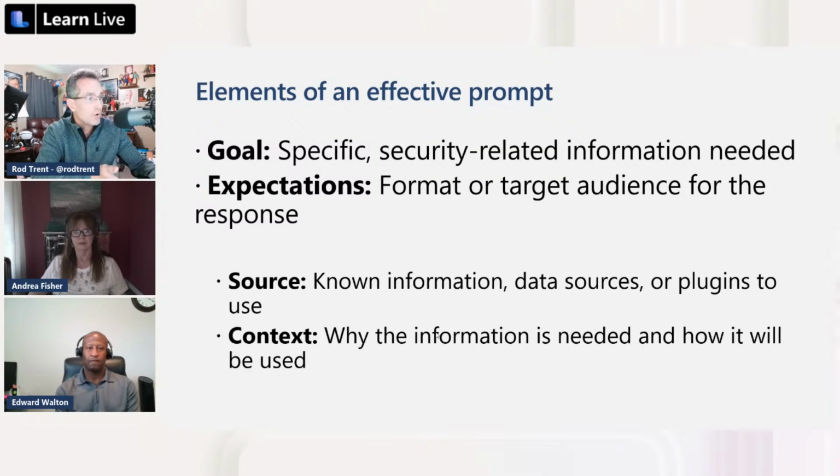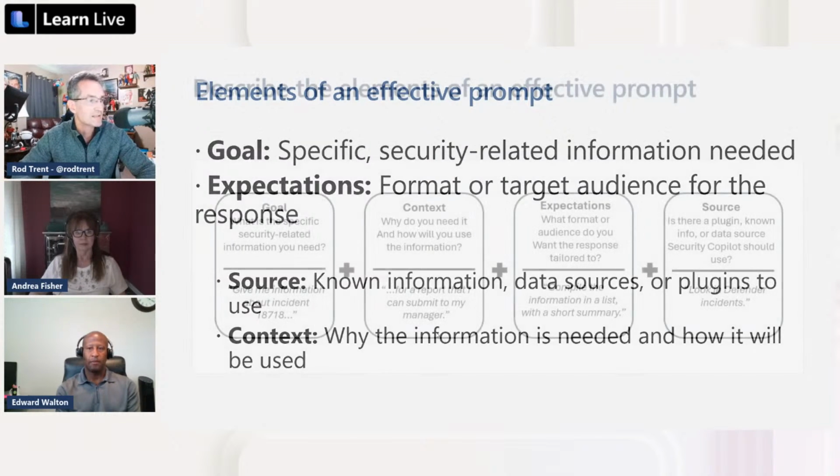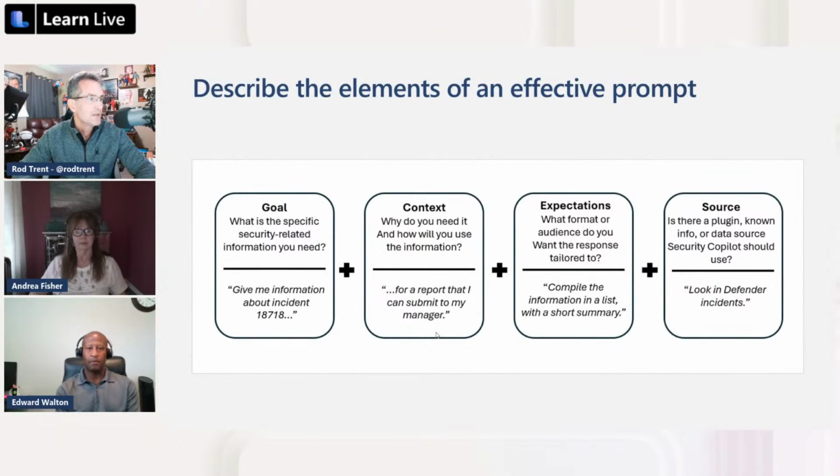But you want to have a goal. You want to set an expectation. Here's what I want, here's the expectation of this Copilot for Security. And there's a couple of pieces of information where you can pinpoint exactly what it is. Here's an example. A goal: give me information about this incident number. My context is I want a report that I can submit to my manager, knowing that managers usually don't read reports. They only read the pretty ones. They have to have nice colors. Obviously, you have to do a little bit of extra work after the fact, but at least you're going to get that report, whereas in the past you might have had to write it up yourself.